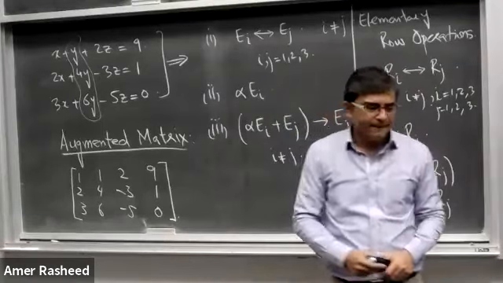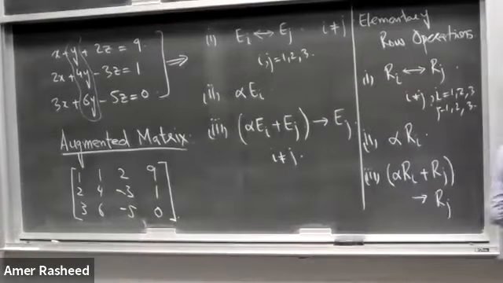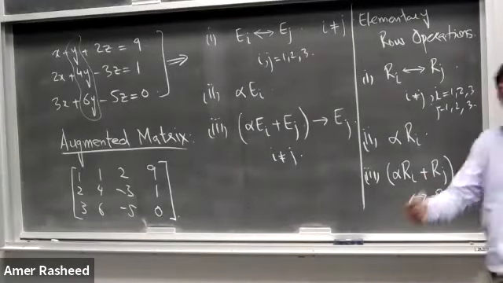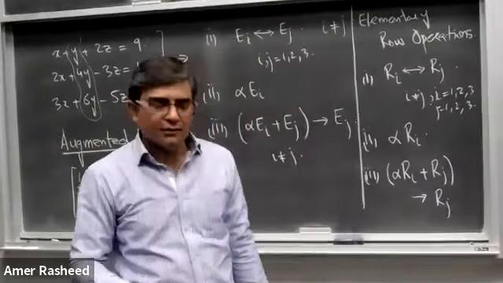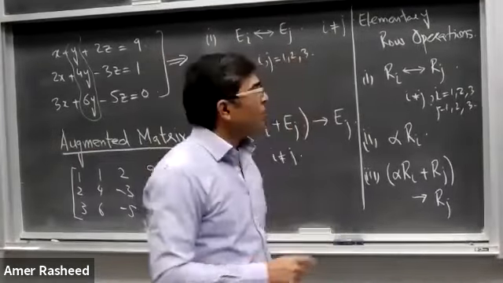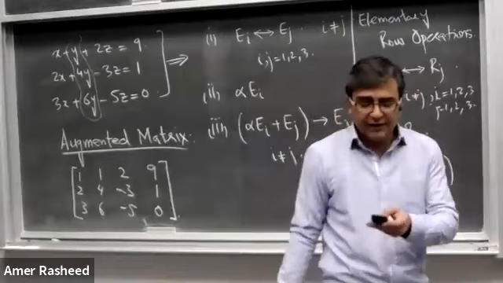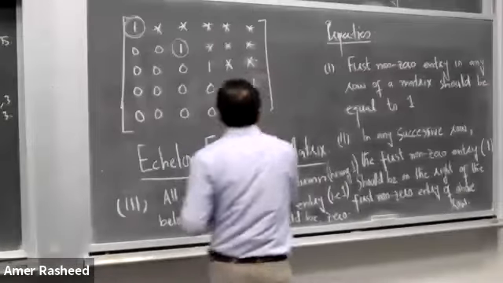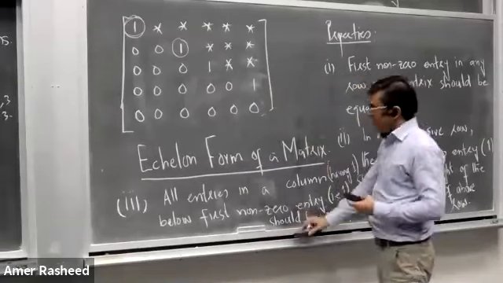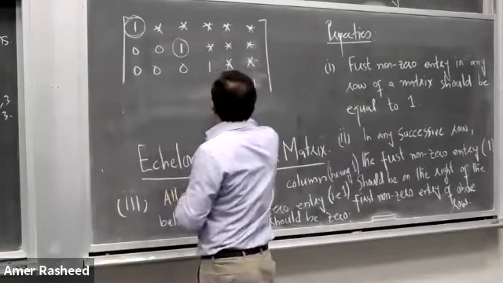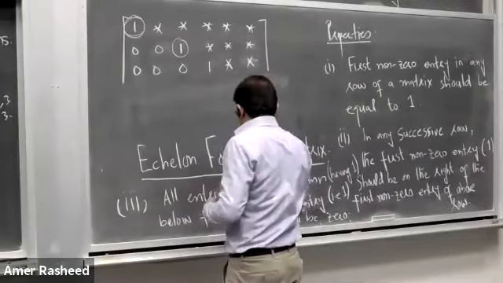Okay, thank you. I hope you get it. Any linear system, if it is converted into echelon form and then solved, this method is called the Gaussian Elimination Method. Okay? Remember it. Let me write it. The method which we use in order to solve any matrix after converting it into echelon form